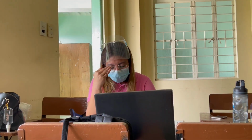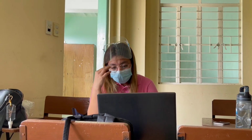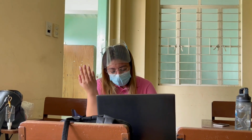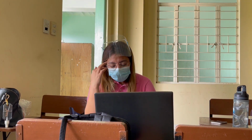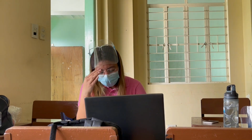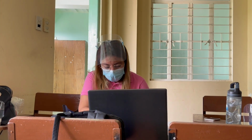So when an importer would like to have their goods released from a CBW, they need to file a goods declaration. They need to lodge an entry. And they need to submit all of the other related documents: invoice, packing list, and all the other documents that are being asked by the Bureau of Customs. So they really need to file a goods declaration if they enter their goods into the CBW. Before they release the goods, they need to file